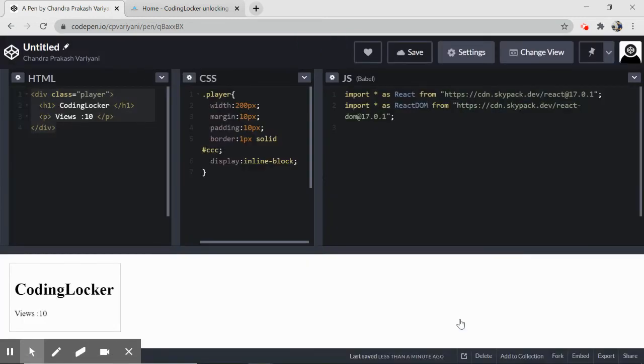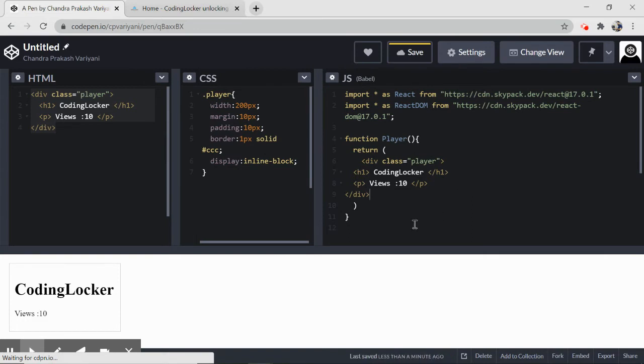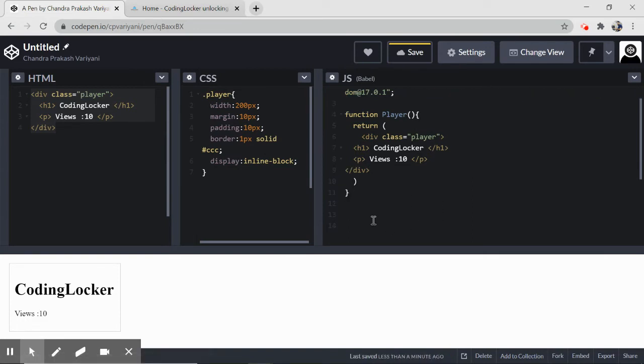Now to create the first React component, simply write function and the name of the component and then return. What will it return? It will simply return the HTML. When you are writing this HTML in JavaScript in React, this is called JSX, right? That is all you need to do.